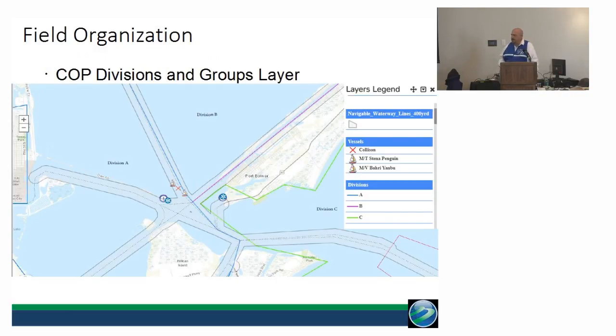And then the GIS specialist is going to produce all these maps for us. And these maps are all done in layers. So if we had all the layers on this map that it could show, it would be a big blob that nobody could read anything. But we can show a layer that shows the medical. In this particular one, we have the 2 medical spots, the 2 first aid stations. We can show where the incident is in relation to the incident command post. We can show where the divisions are that we're going to work in, the staging areas. So we can just turn these on and off as we need to.